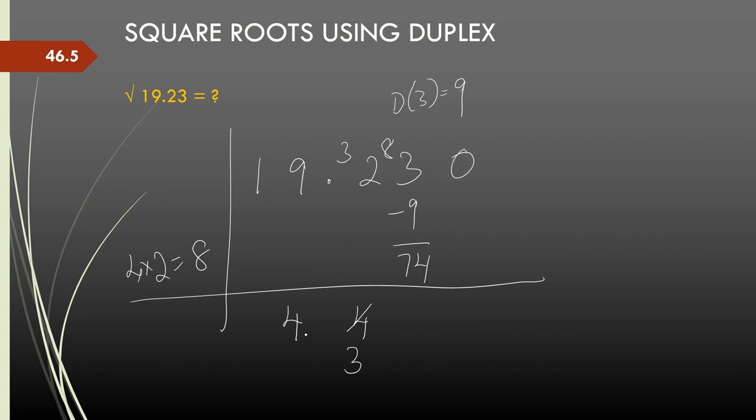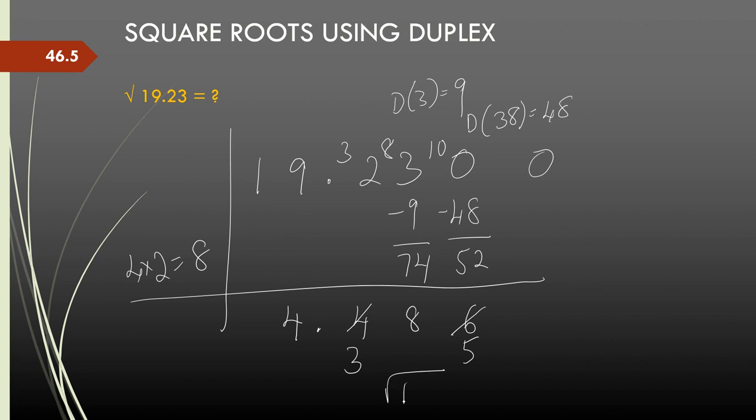Let's assume there is a 0, this is decimal. Let's say I want one more decimal, so then 74 divided by 8 is 8, 8 8s are 64, 8 9s are 72. If I take 9, in the next stage I will get negative, so I will stick with 8, 8 8s are 64, carry over 10, then I do d of 3 and 8, which is 2 into 3 into 8, 48. 100 minus 48 is 52, 52 over 8 is 6, 8 6s are 48. Again if I take 8, 6 8s are 48 and only 4 carry forward, I might get negative, so I will take 5 and then I can continue the process.